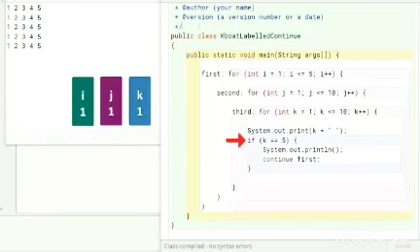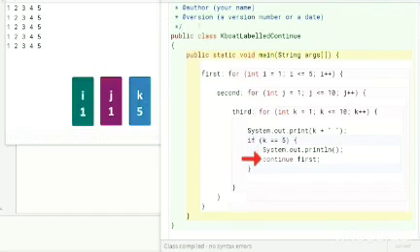Condition is false, so program control reaches the end of the loop. It goes back to the beginning of the loop to start the next iteration. Similarly, the loop continues its iterations till k becomes 5, printing 2, 3, 4, 5 to the console. In the fifth iteration, when k is 5, this condition becomes true. Program control moves to this statement which prints a new line to the console.